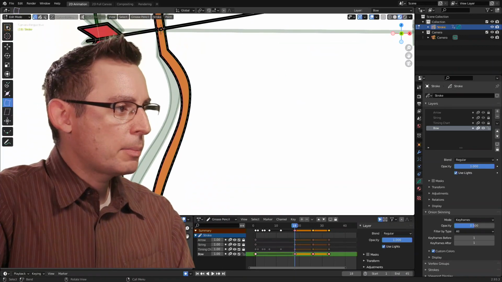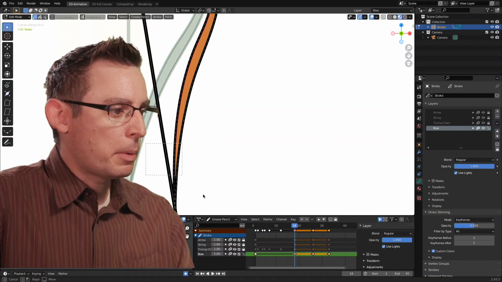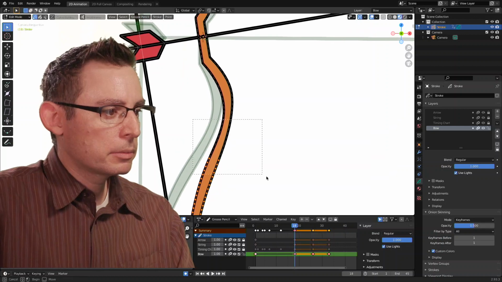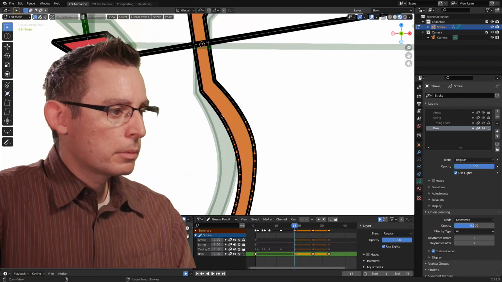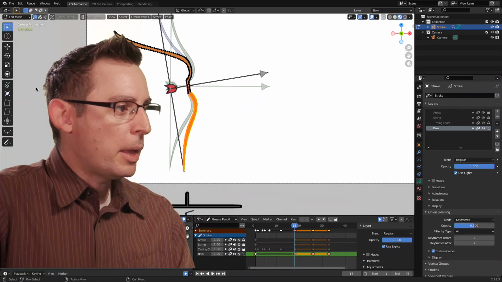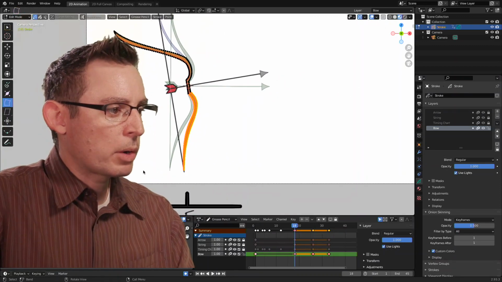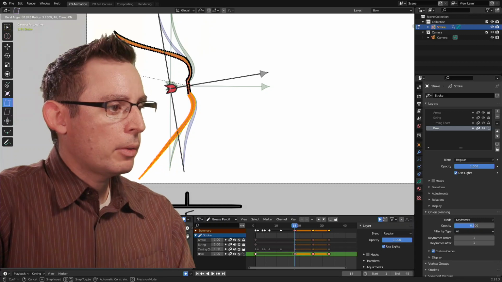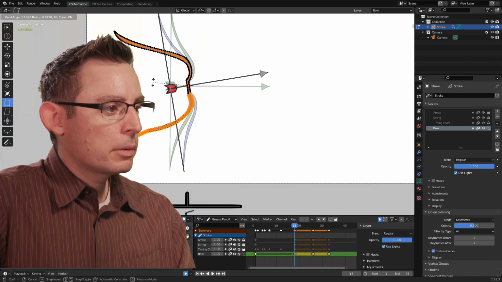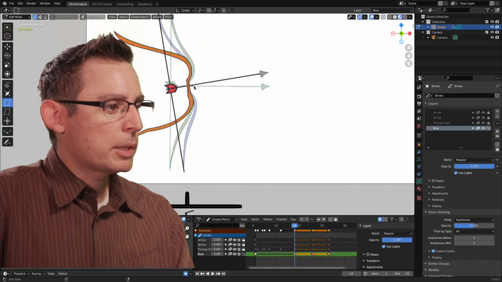Let's do the exact same thing, back to box selects for the bottom part of the bow. Make sure I get all these points in here. Real quick little selection, there we go. Fire off the bend tool one more time. The cursor is right where I want it to be. And now let's figure this out. Yeah, maybe something like that.